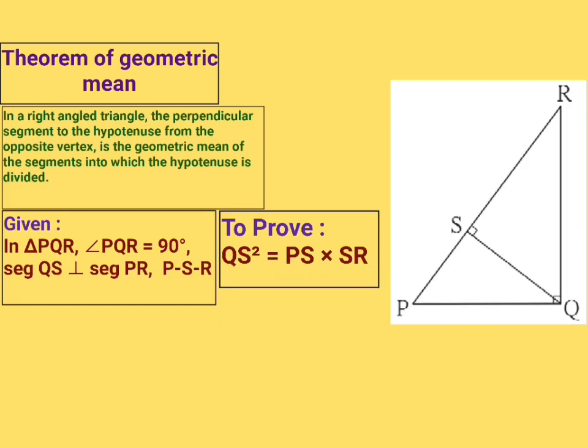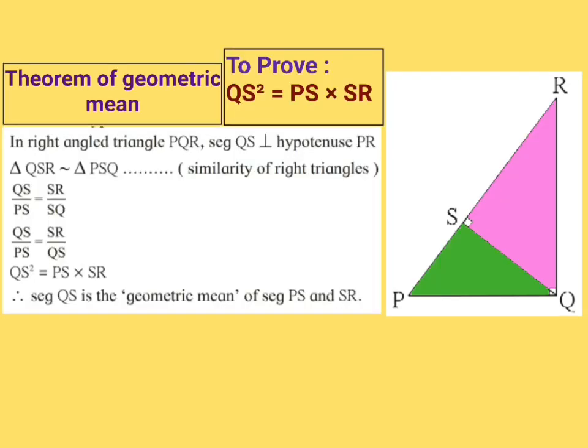Now the next and last step is to write the proof. Now look at these two triangles, that is triangle QSR and triangle PSQ. These two triangles are similar, which are colored triangles. These are similar by using the previously proved theorem, that is the theorem about similarity and right angle triangle. I'll repeat that statement here again. In a right angle triangle, if the altitude is drawn to the hypotenuse, then the two triangles formed are similar to the original triangle and to each other.